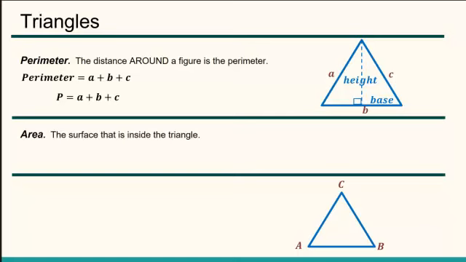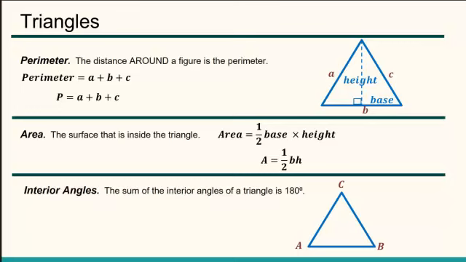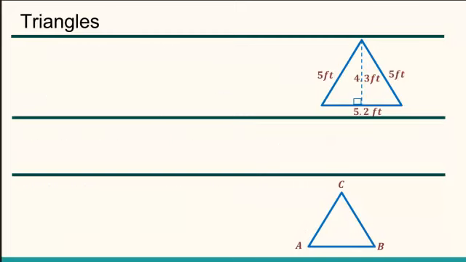Area is still the surface that's inside, in this case inside the triangle. Area is 1/2 the base times the height. Shorthand way of writing that is area equals 1/2 B times H. This is a fun little thing. Do you know that the sum of the interior angles of a triangle is 180? So the measure of angle A plus the measure of angle B plus the measure of angle C equals 180. We typically represent that with capital A, B, and C, those angles. And you just label them wherever you want to. It's random as to how you label A, B, and C, nothing in particular.